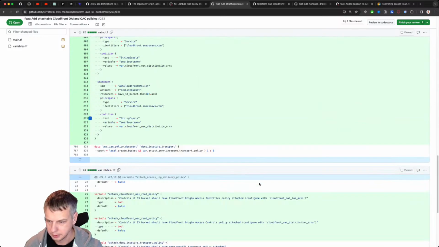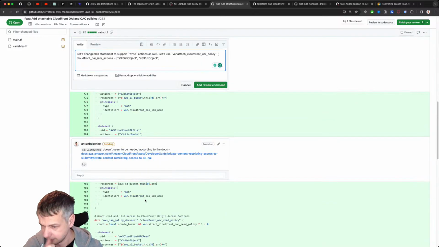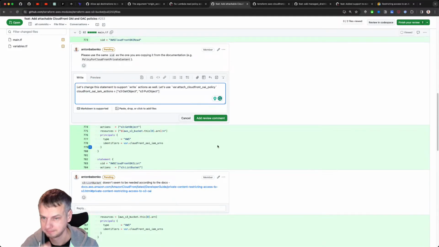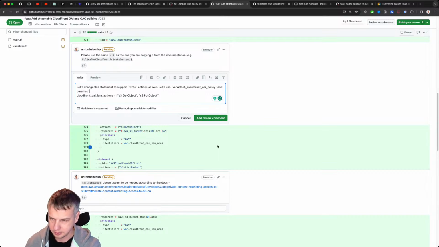Let's use this one. By default, they're going to be false, and actions used by OAI via a separate variable.